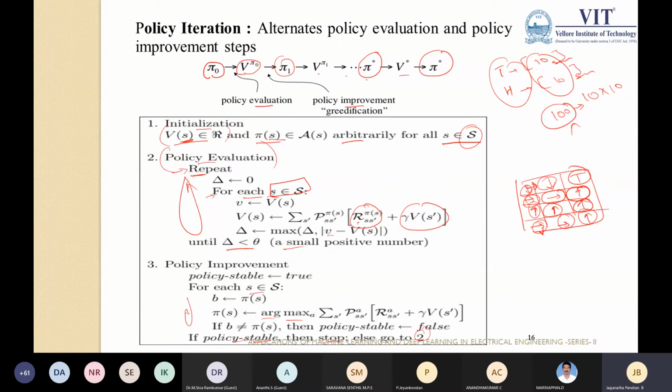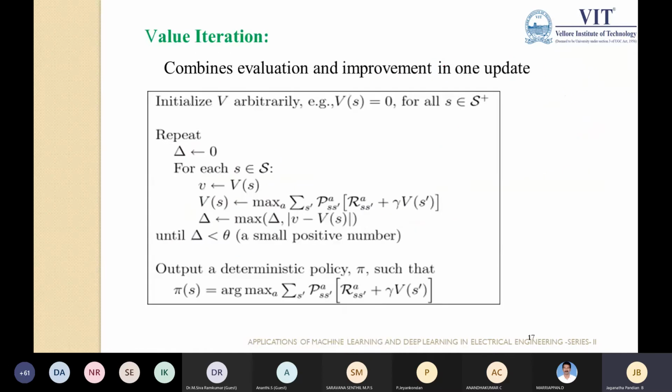Value iteration involves a lot of iterative steps. Of course, this is also straightforward, but it takes more time for the algorithms to give you the final solution. That is why, compared to policy iteration, value iteration is more popular, because you can see here in policy iteration what I did is